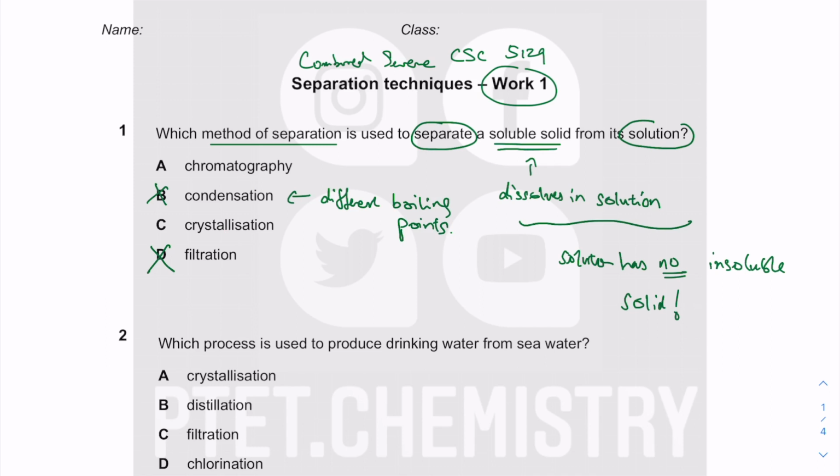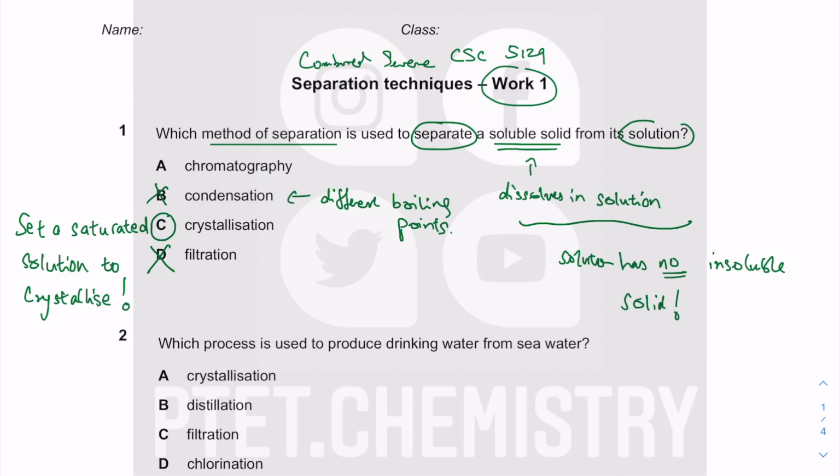So if we have a solid that is soluble in the solution, as you take away the solution and make it saturated, a saturated solution will crystallize. And by the way, these are in your textbooks as well as in the notes provided for you already, so you can go through the lecture tutorial and your own notes, and saturated is defined in there for you. So crystallization is the best way to go and not chromatography, because here chromatography is not going to